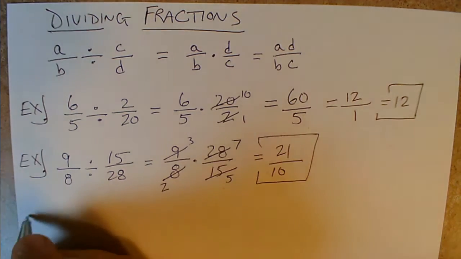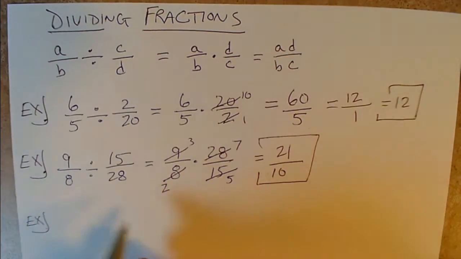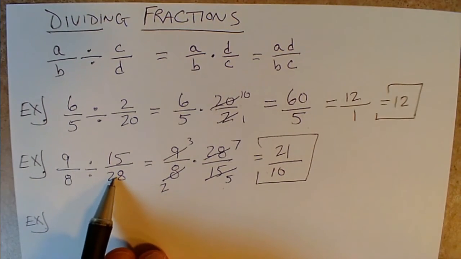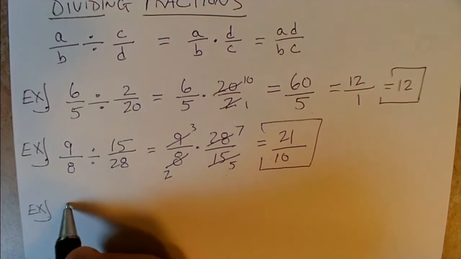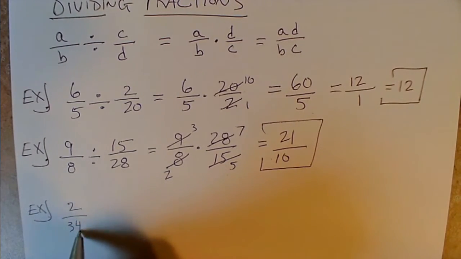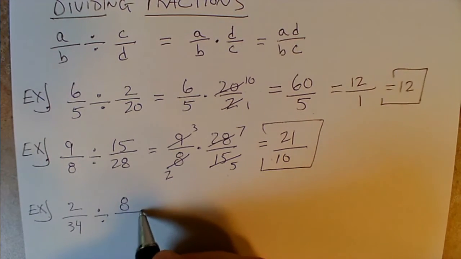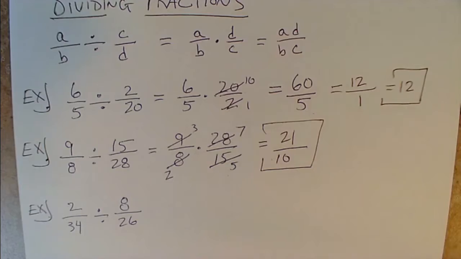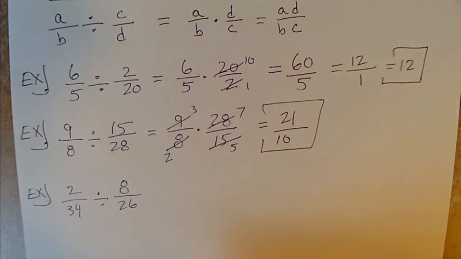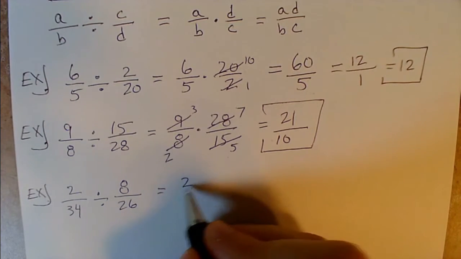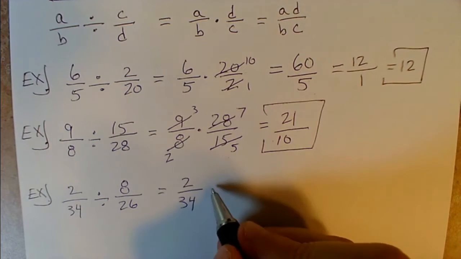All right? Again, once you understand what to do, just flipping the second fraction upside down, turning this into a multiplication problem, this winds up being no problem at all. So let's do 2 over 34 divided by 8 over 26. All right, we are going to take that second fraction and flip it